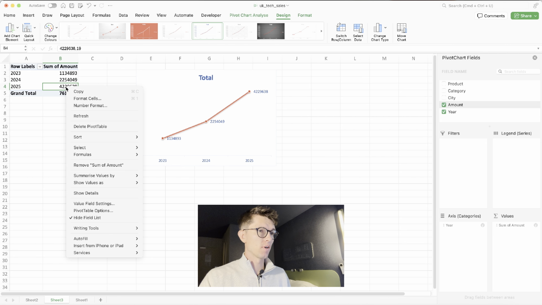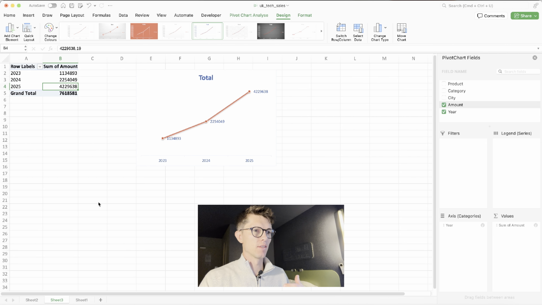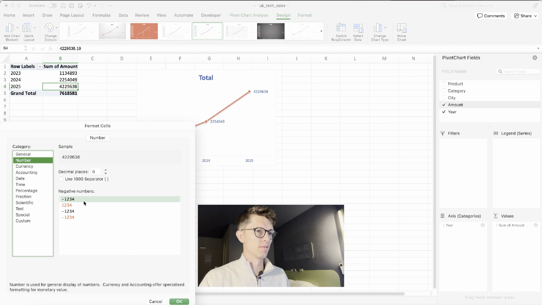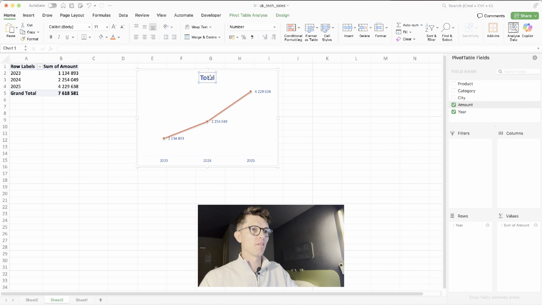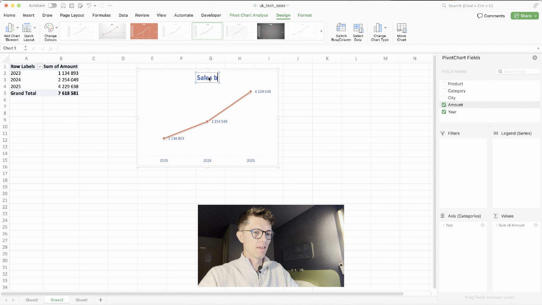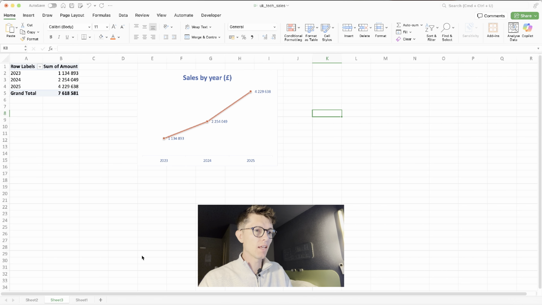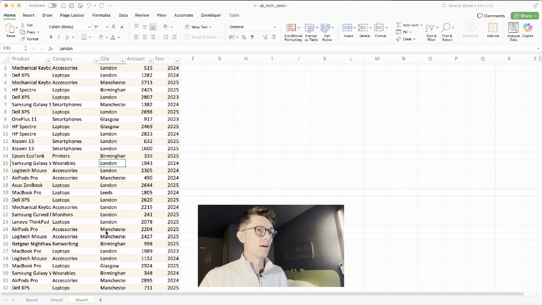And I'm gonna also make exactly the same number format thing as for the 1000 separator. And here we go. And I have here my sales by year, also in pounds. And now for the third chart, back to the database, sorry, and I'm gonna insert